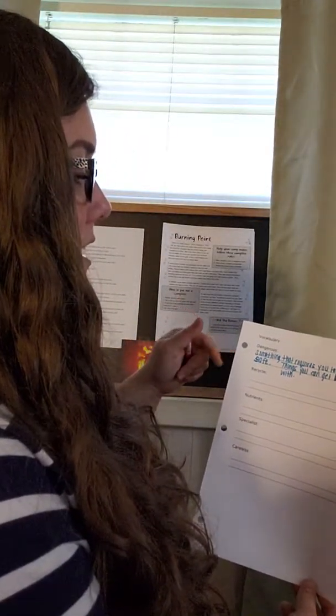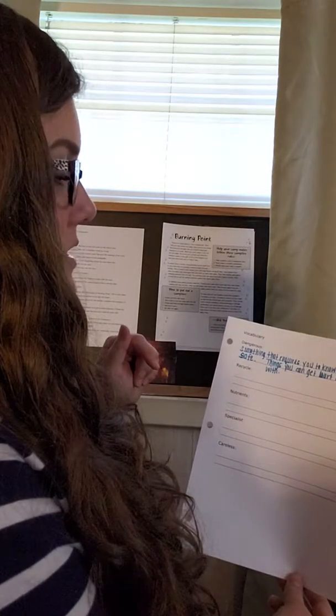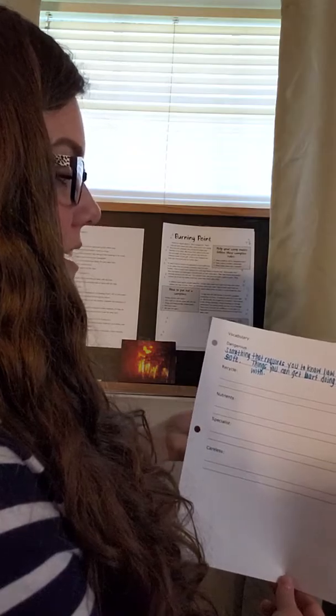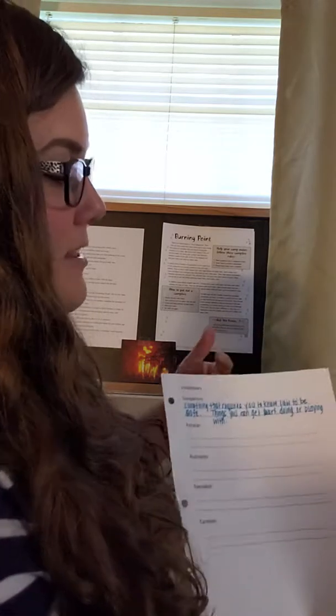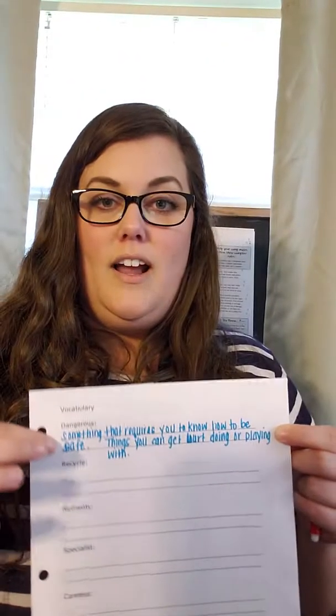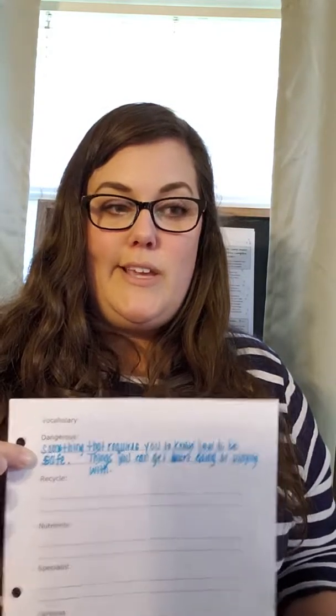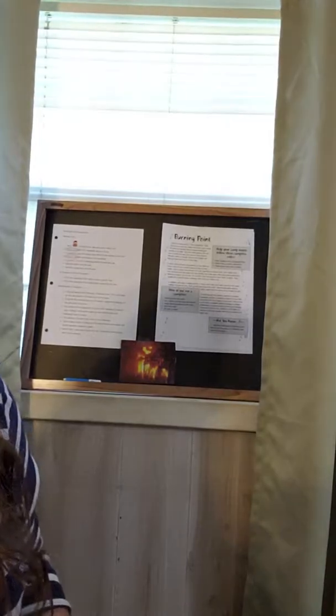What I've used here, just as an example, is the word dangerous as something that requires you to know how to be safe, or things that you can get hurt doing or playing with. And both of those are context clues within the first paragraph. It may be an example of what they use. So to get started,